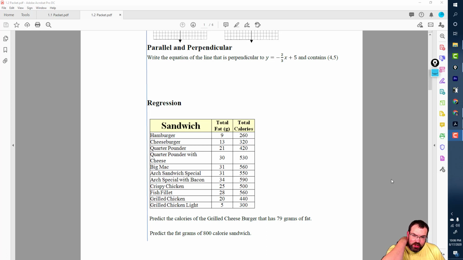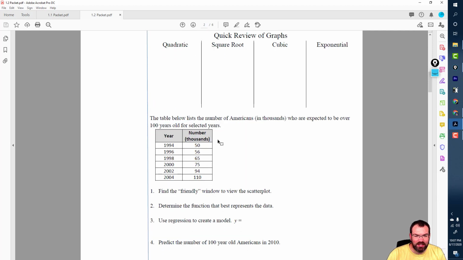This is 1.2. This is the part of the video where we have to start using Desmos. Again, when we talk about regression, you can watch the other video to learn about what regression is. I'm only going to go through how to actually do this in Desmos. So make sure you at least follow through the other video up until this point, talking about what regression is, and then we'll talk about how to actually do this problem,